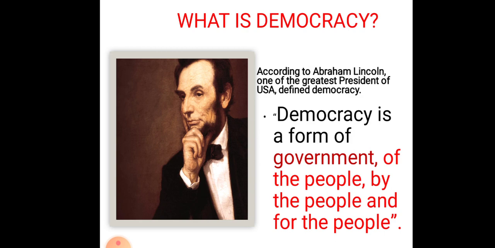This is in line with Abraham Lincoln's definition of democracy. Democracy is a rule of the people, by the people, and for the people. Democracy is nothing but people have the right to elect their own representative. The representative's main role is to fulfill the basic needs of the people. The representative must work for the people and sort out their major problems and issues.